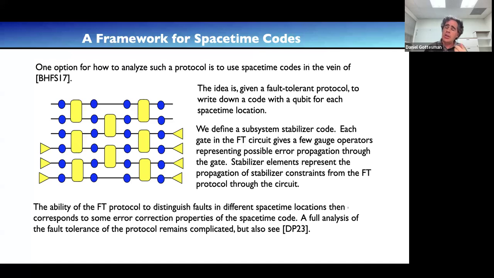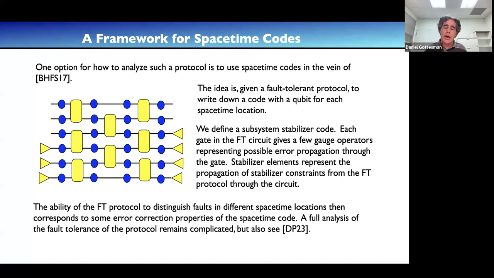And then each of the gates enforces some sort of error propagation in the circuit. And so that's represented in the space-time code by gauge operators. And then you also have some other constraints that have to do with your initial states that you prepare and the measurements that you make. And those contribute to the stabilizer elements of this subsystem code.